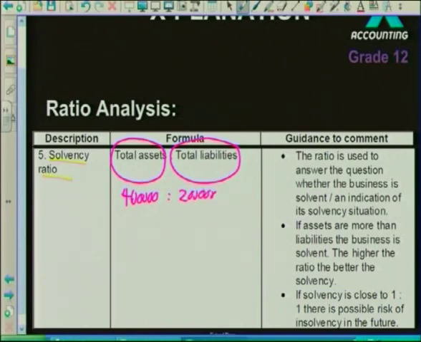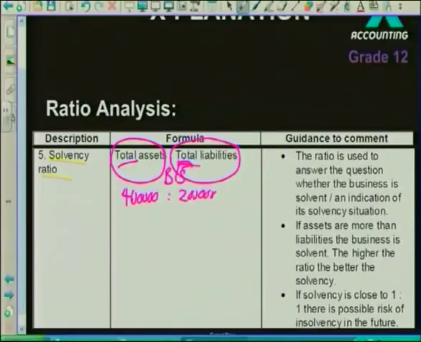Right, now remember guys, the word total means that we're looking at current plus non-current. And for your total assets and total liabilities, we're going to refer to the balance sheet. Our balance sheet gives us all our assets, our total assets, as well as all our liabilities, our total liabilities. So if, for example, your total assets are 400,000 compared to your total liabilities of 200,000, ratio